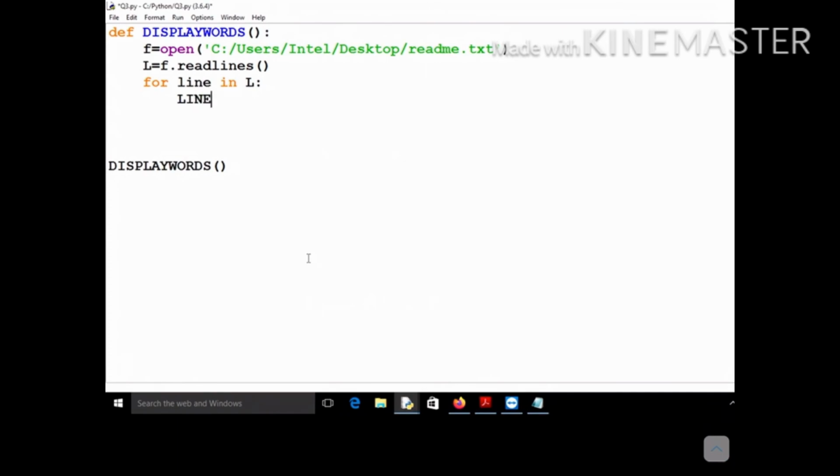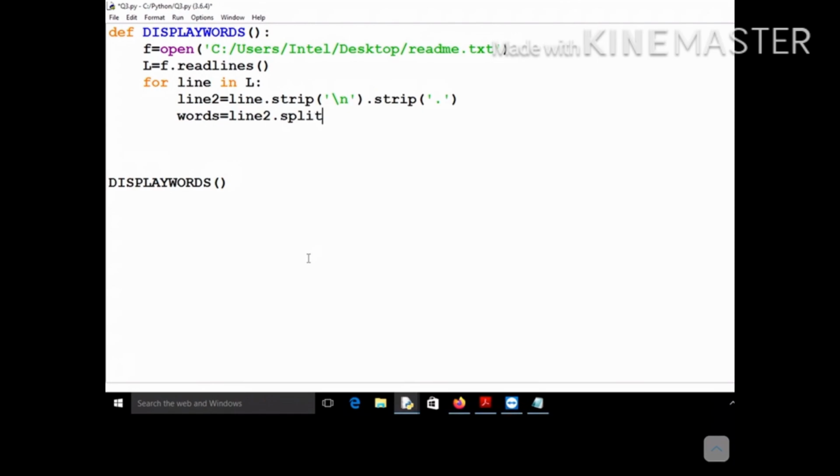Okay, so I will just write line2 is equal to line dot strip. You remove the backslash n, you also remove the full stop from the end, and then you have to check the words, not the line. So you will have to split it into the words. Words will be nothing but line2 dot split.